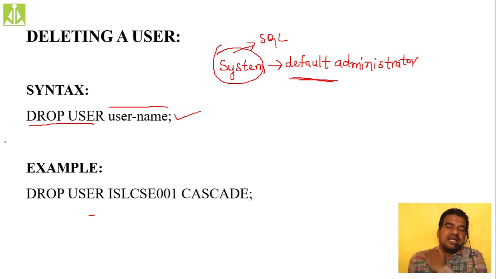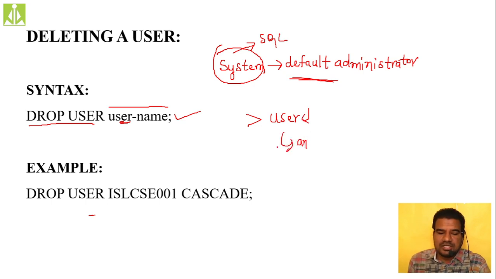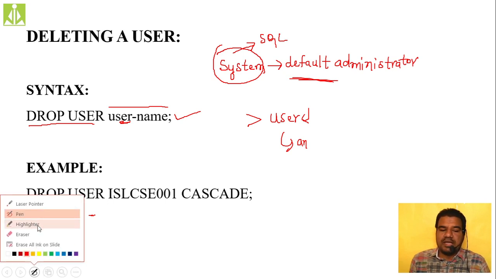When we use simple drop user username, and when we have to use drop user username cascade, there is a story and some logic behind it. Suppose you have created a user, and you have not done any table creation. In short, it does not have any tables or views in it. So it is completely empty.